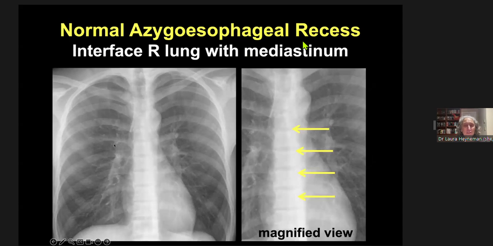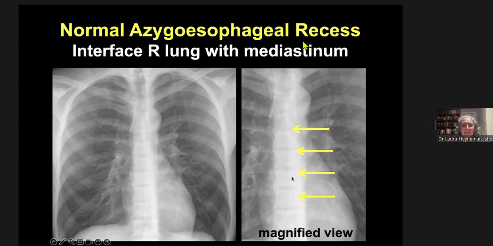So that is abnormal. Normally the azygoesophageal recess comes up. This is the interface of the right lung with the posterior mediastinum, comes up, and as the azygos vein is going to come over as the azygos arch and dump into the